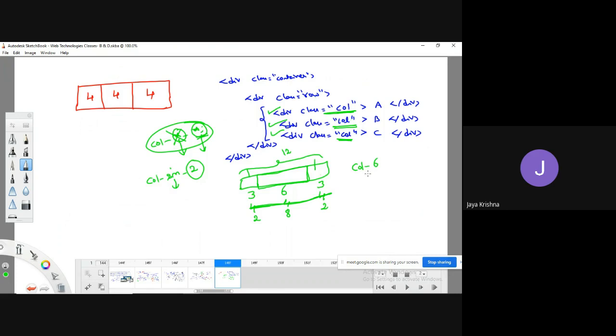I would like to combine 6 parts of this row into a single column. If I write like this, column hyphen 4, I would like to combine 4 parts of this row into a single column. If I am having this row, I would like to combine into 3 parts, concatenated 3 parts. So these 3 parts can be done as the first column. I would like to combine 2 parts of this into a single one, and I would like to combine 8 parts of this into a single column. And what about the remaining column 2? Of course, finally, if you combine all these numbers, it should be equal to 12 parts. That's it.